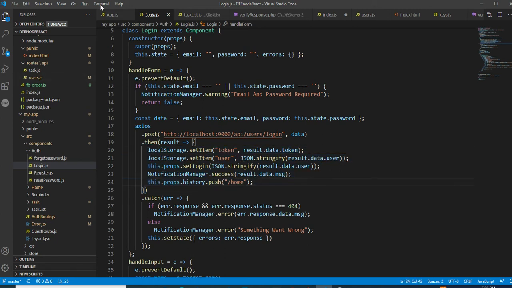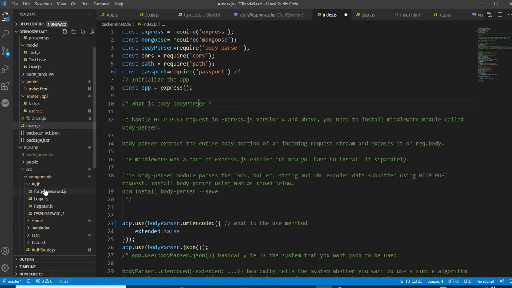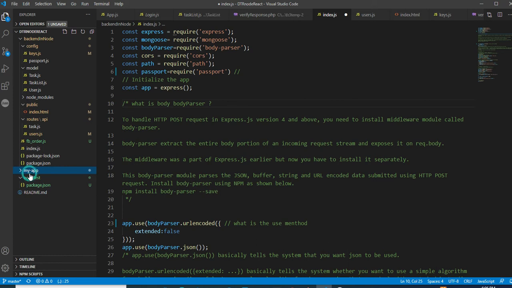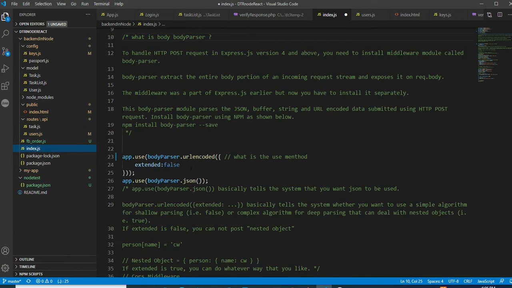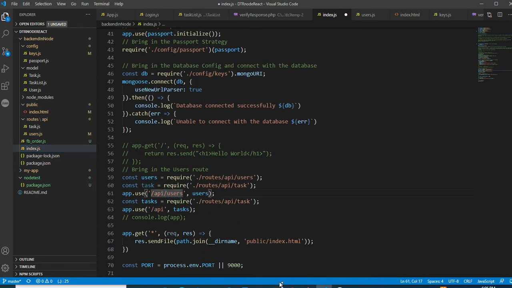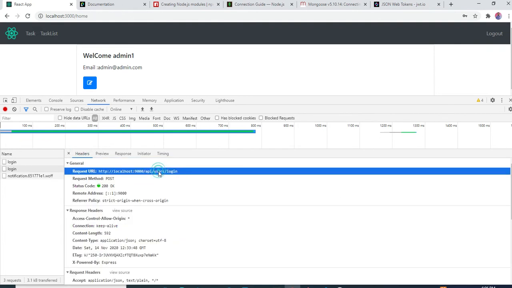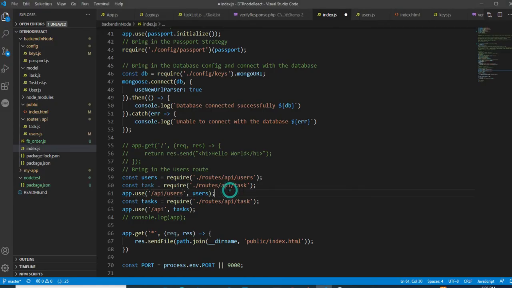Now let's check in the back end in Node.js how we have created it. Here you can notice index.js, and in index.js there is the API and users. After API or users, here is a login, so it means it is extended with a different page.